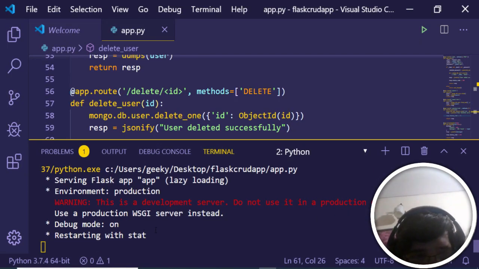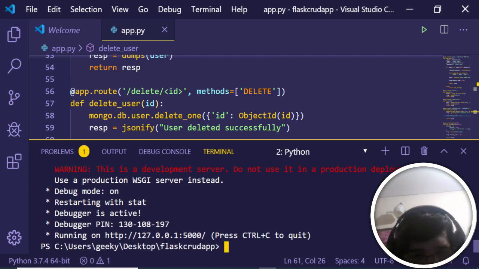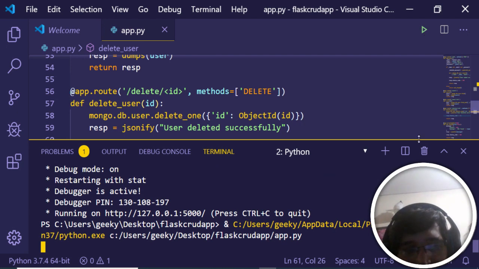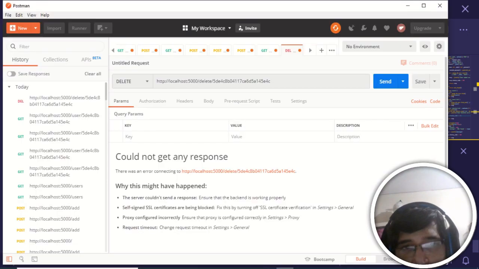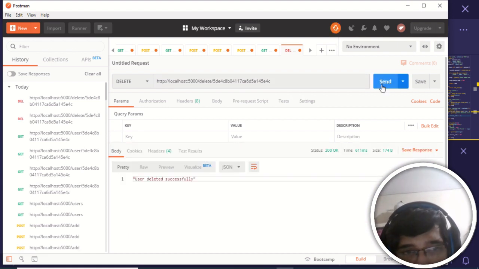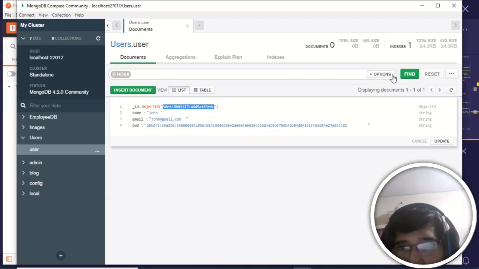So right here, just press Ctrl+C and restart it. Restart the application and then make this request. You will see, guys, that it has passed a message that user deleted successfully. So now if I check the MongoDB database and refresh the records here,